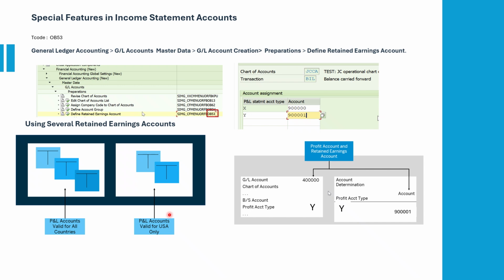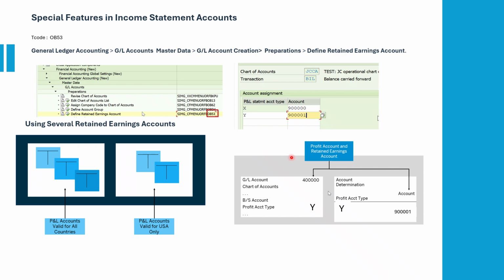But in the US, when we are generating our financial statements, we can use both retained earnings accounts 1 and 2, so that it is relevant to the US. So you got my point. That's how we use several retained earnings accounts, and how it can be maintained by the account key here in OB53, X and Y. And we can tell SAP when we are creating our chart of accounts in the master records,